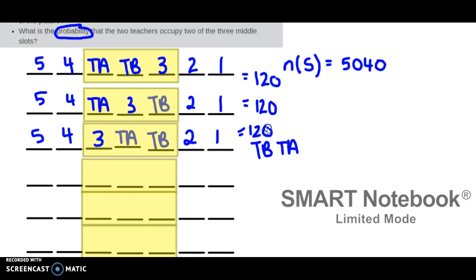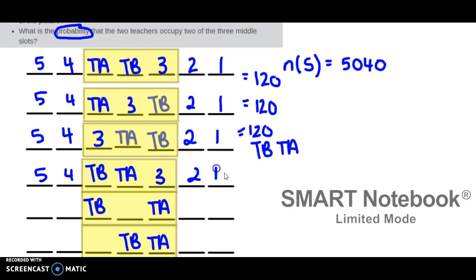Now, maybe some of you are saying, well, wait a sec. Isn't there another way to do it? What if I had put teacher B first, followed by teacher A? And you're absolutely right. There are more possible cases to consider. So what I'm going to do is I've cloned that teacher B and teacher A so I don't have to keep writing this. So I could have had teacher B here and teacher A here, or teacher B here, teacher A here, or teacher B here and teacher A here. So these are all the cases, and in all of these, again, the remainder of the spots are taken up by the students,